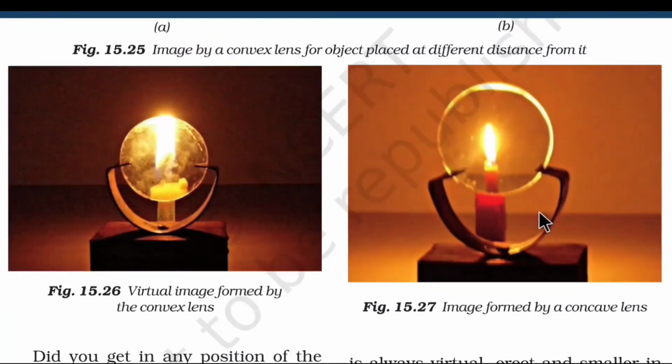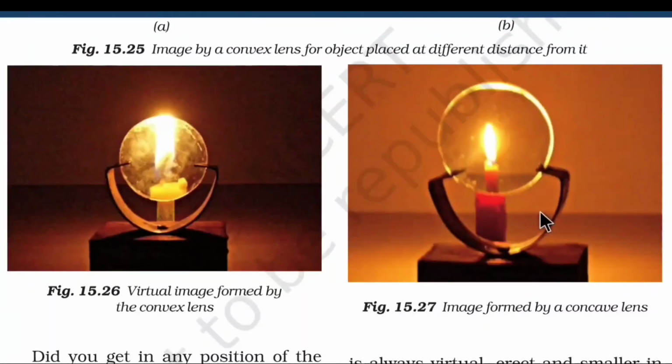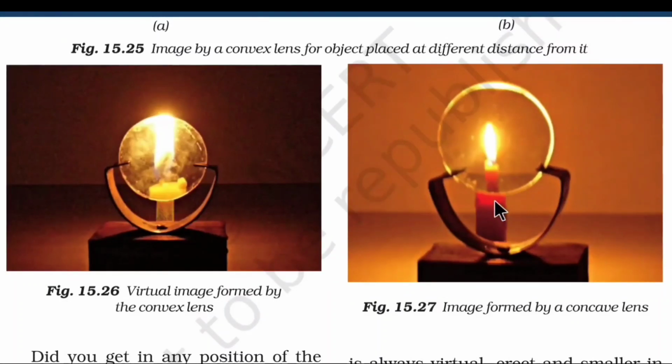And here you can see the image formed by the concave lens. I have told you, for the concave lens it will be easy to remember that for all the cases, the image formed will be virtual, erect and smaller in size. As it is virtual, you will not be able to cast the image on the screen because it is not real. A real image can be cast on the screen, we can see it on the screen, but a virtual image we will be able to see, but we cannot cast it on the screen. So that is the difference here.